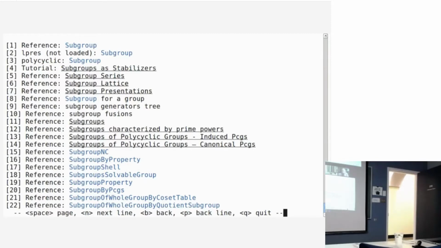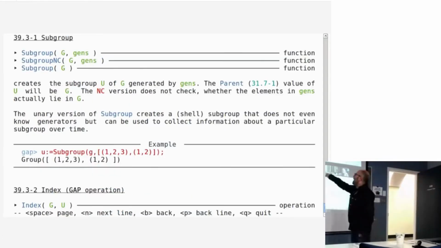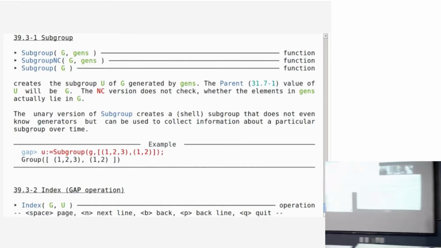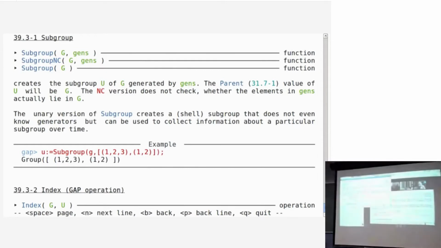Because it says reference subgroup. All the others are very concrete and particular things that I don't want to see now. So I just, nothing is happening. It's just a list of comments and examples. But it's just to show you how this